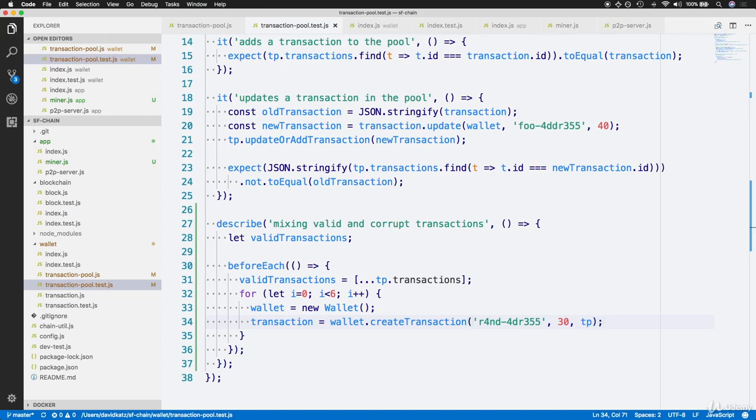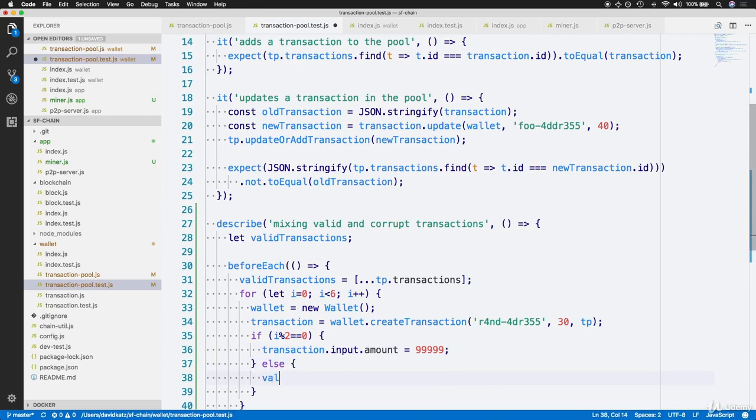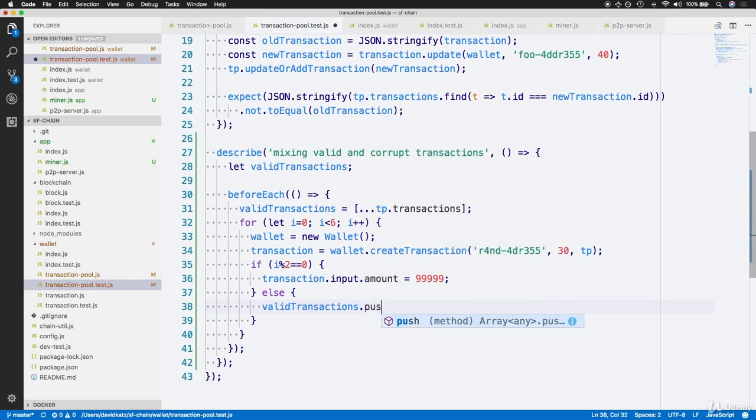All right, now we'll check if we're in an even numbered loop, which we can do by saying if i % 2 or mod 2 is equal to 0. In other words, if i is divisible by 2 and an even number, and that remainder is 0. Then we're going to corrupt the transaction, so let's set the amount in the input to something absurd like 99999. Otherwise, we know that the transaction is valid, so let's acknowledge that by pushing this transaction to our valid transactions